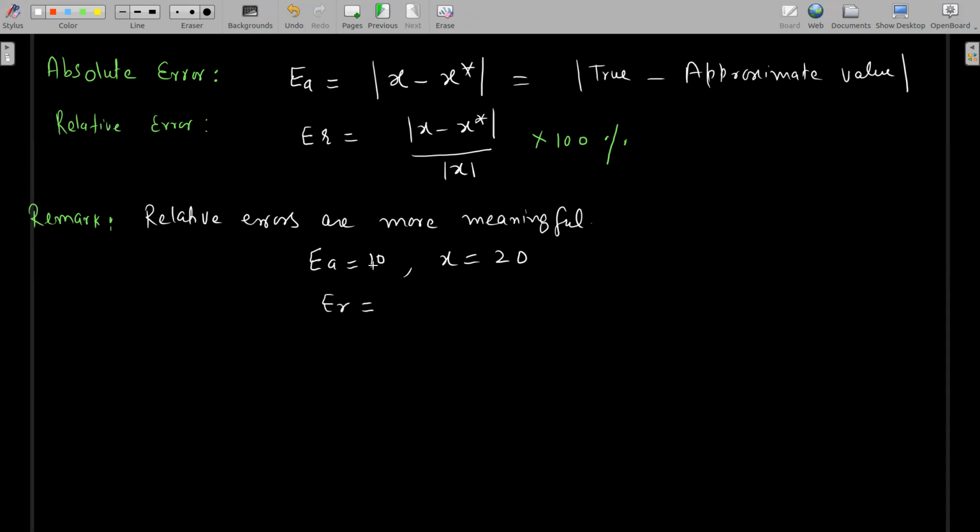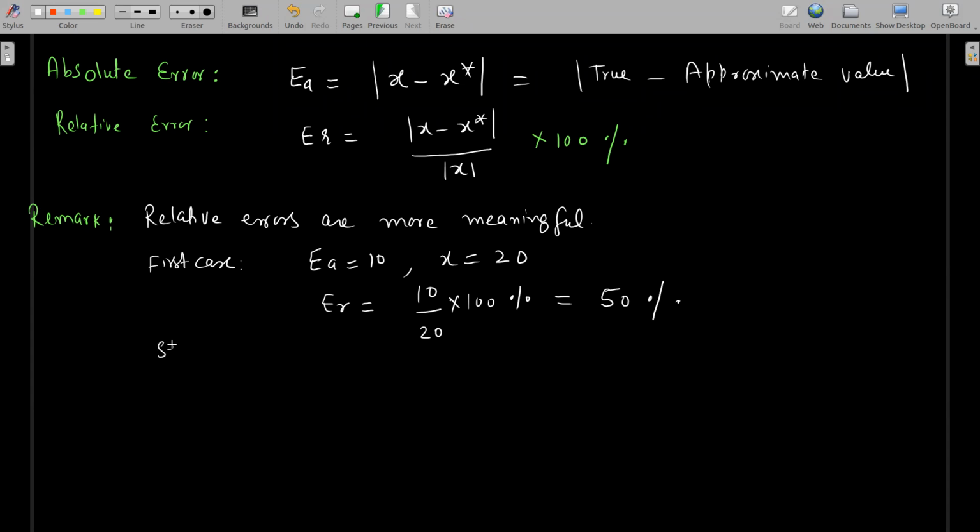What will be relative error? एब्सोल्यूट एरर ऊपर, ये एक्स माइनस एक्स स्टार मैंने ऑलरेडी लिख दिया। एक्स स्टार यहाँ पे 10 होगा, तो रिलेटिव एरर 10 डिवाइड बाई ट्रू वैल्यू, और मैं रिलेटिव एरर इन परसेंटेज 100 लिख रहा हूँ। सो दिस सेज 50%। और सेंस भी बनता है, 20 थे आपके पास, लेट अस से यू लॉस्ट 10 रुपीज फ्रॉम 20। सो व्हाट इज रिलेटिव एरर? 50%।